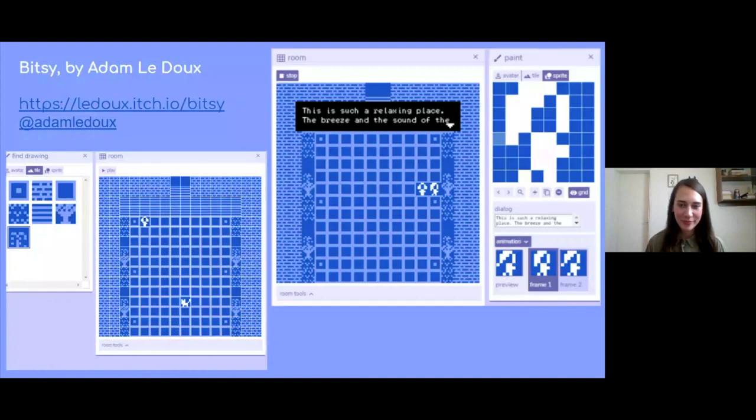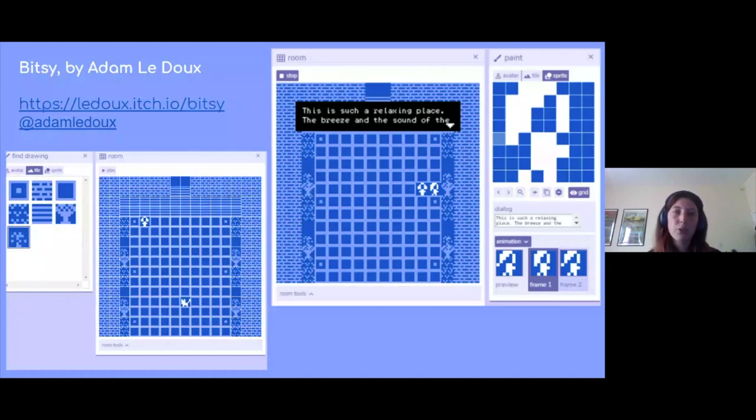So I've got some screenshots from the Bitsy editor here. You're constricted to this pixel art aesthetic, and the general way that you interact with a Bitsy game is you use the arrow keys to move your character around the screen and then go up to other characters or objects, and they'll have a piece of text that you can read.